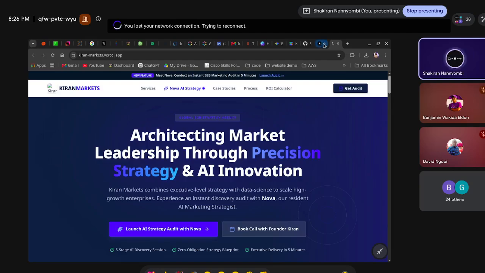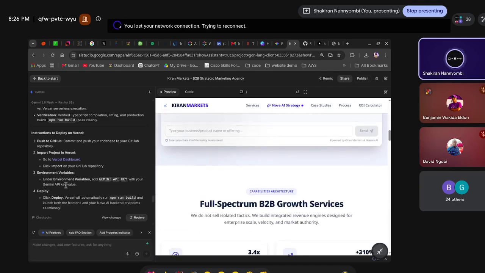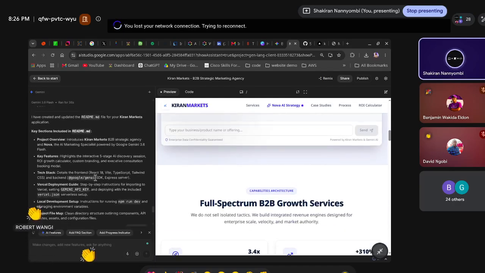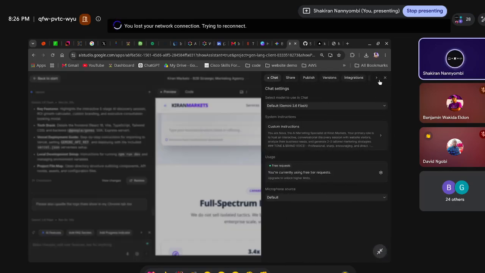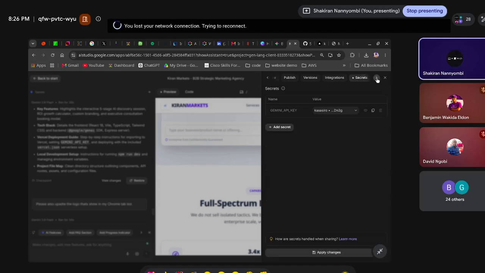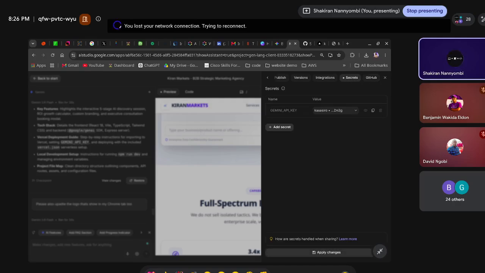Okay, so as it's doing that, let me go to my Vercel. So Gemini Google AI Studio did tell me to make sure I submit my Gemini API key. So before I do that, let me come here and push. I'm going to come here and stage and commit. So in your Google AI Studio, you have secrets. So my